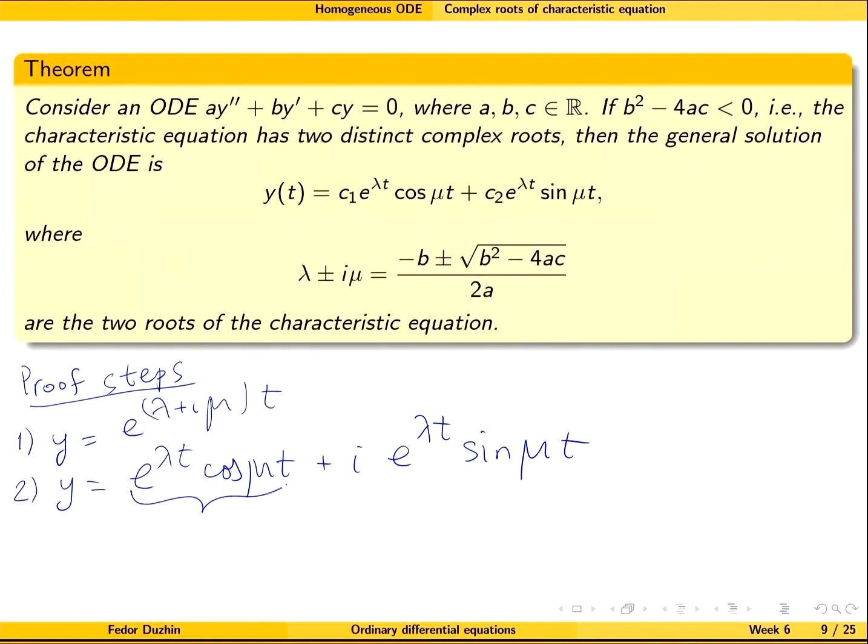Which means that this is a solution and this is a solution. And the third step is to verify directly that the Wronskian of y1 and y2 is not 0. And you can guess that it's probably going to be something related to e to the lambda t. I'm not sure exactly, but